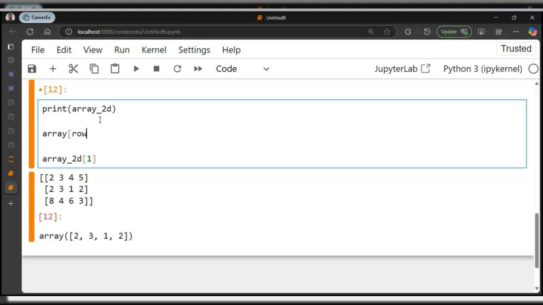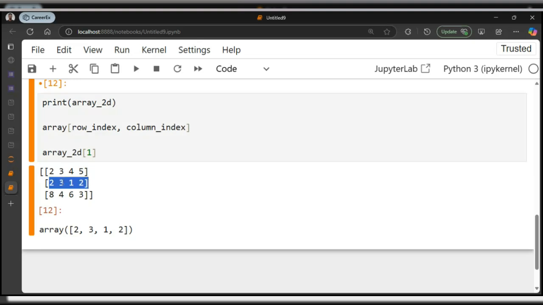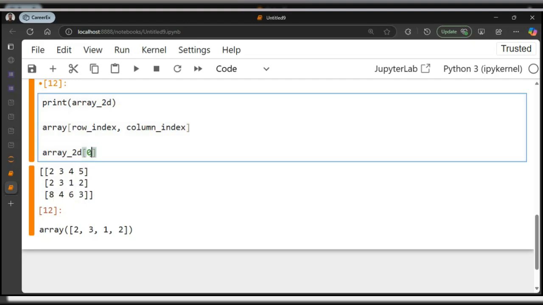So we have row index and then column index. So the first value you are going to be having in your square bracket corresponds to your row index, while the second value you'll be having after your comma corresponds to your column index. So if I have 1 here, it will give me the second row in this our array. So remember, the indexing starts from 0. So this first row here is index 0, this second row here is index 1, and then this third row here is index 2. So if I come here and I change it to 0, I'm going to have